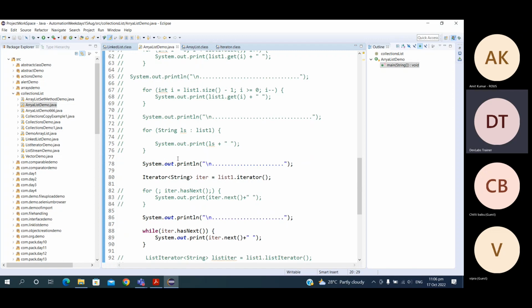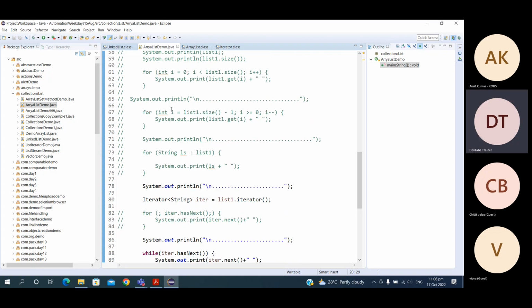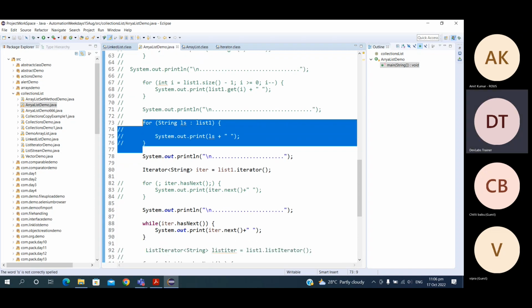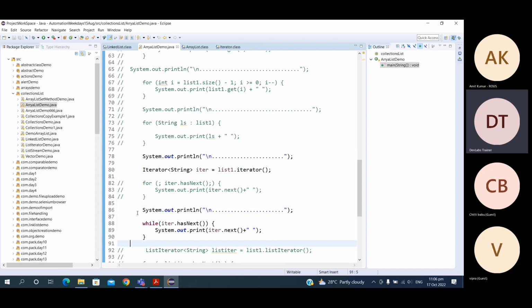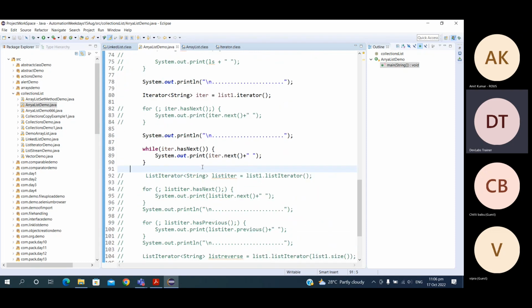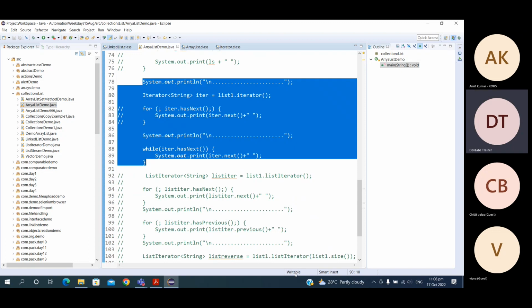So we were going through how to print in different ways. We have seen how to print in reverse order, how to print via the advanced for each loop, advanced for loop we call it. And I told you via iterator as well. For iterator I preferred the while loop. So via iter.next and iter.hasNext, via two methods, we have printed the array list. And we will see more things